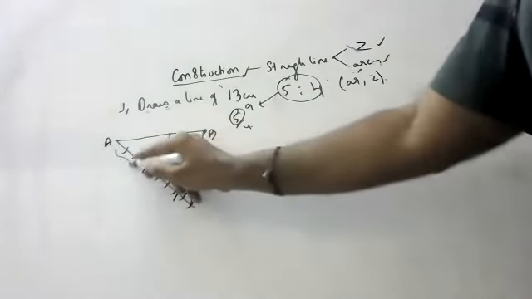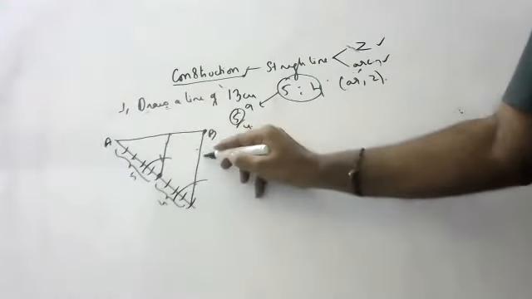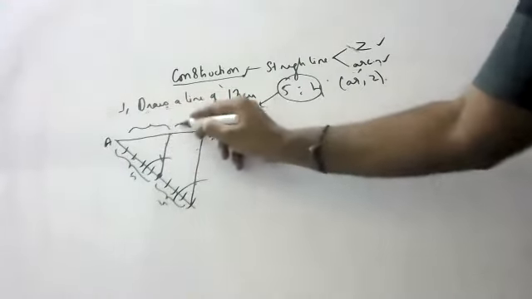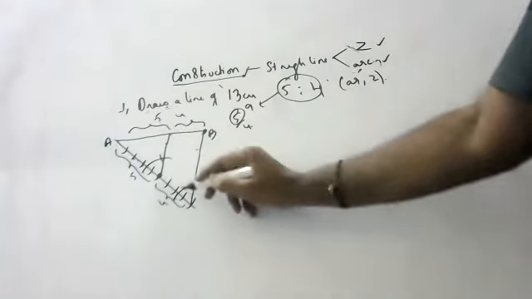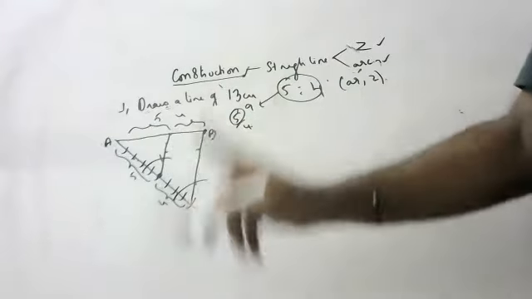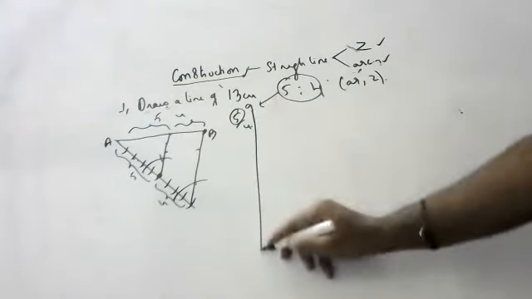Okay, so children, this is 5. So this is 4. Since these both are parallel lines, by BPT this also will be in 5:4 ratio. This is 5, this is 4. 5 parts, 4 parts. Since these both are parallel lines, by BPT, if this is 5 by 4, this is also 5 by 4. You have to explain the statement by BPT. This is arc method and Z method.